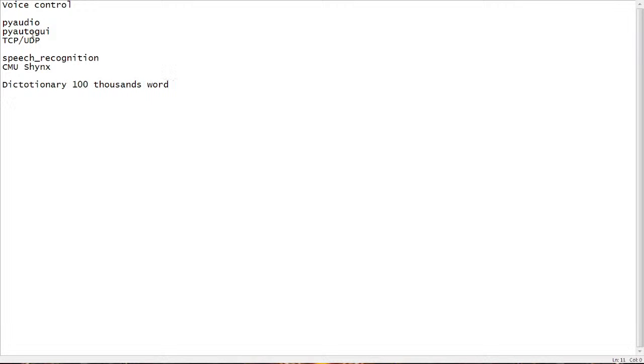Because usually, let's say, your dictionary can be 10 words. That's it. You don't need a huge amount. You're not going to create a speaking bot or something else. All you need is for your program to react to